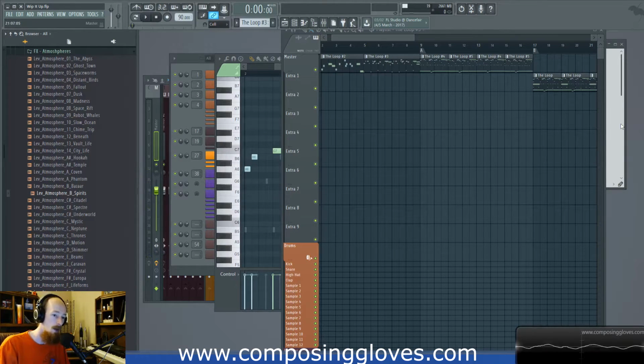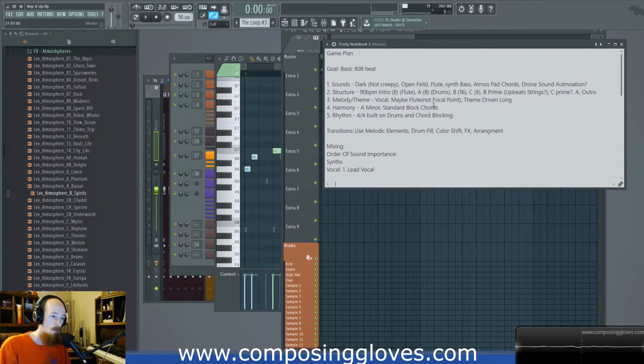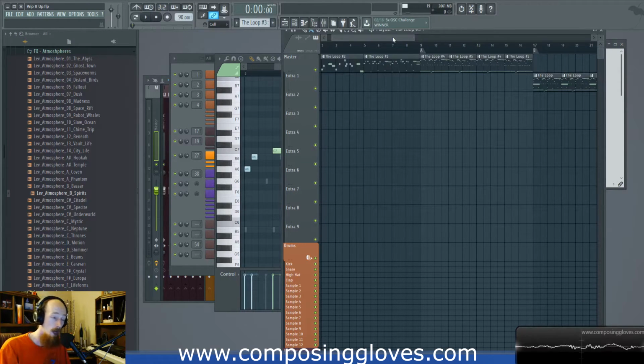I might consider also writing down my processing. A lot of this stuff, you only need to write down enough to remind you what you want to do. But the more you do get down, the better it is. And the more you do this, the more it'll just be in your head, and you can have little codes that mean things to you. You might put a lowercase AU for automation or something. I'm going to automate the volume on this, or I'm going to use a compressor on this, stuff like that.